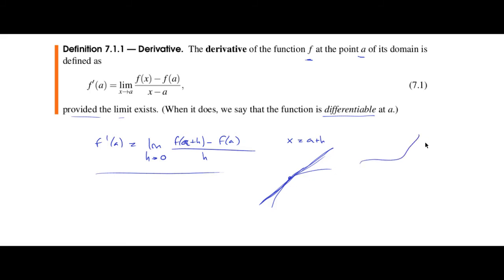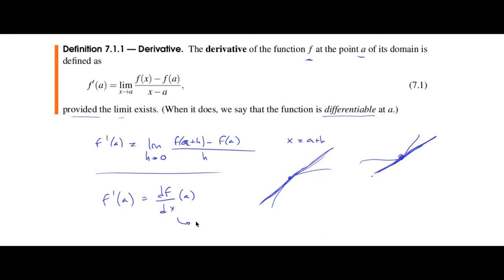You have any function, and the derivative of this function at that point is the slope of the tangent, which is the line that touches the function at that point but doesn't cross it. This is the standard way of writing the derivative in calculus 1 courses, but we also sometimes use